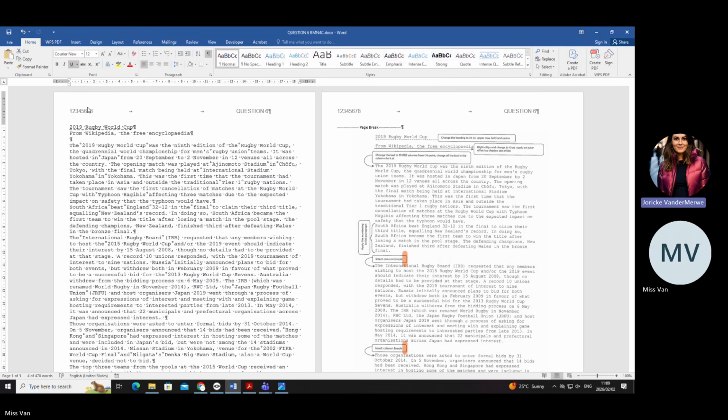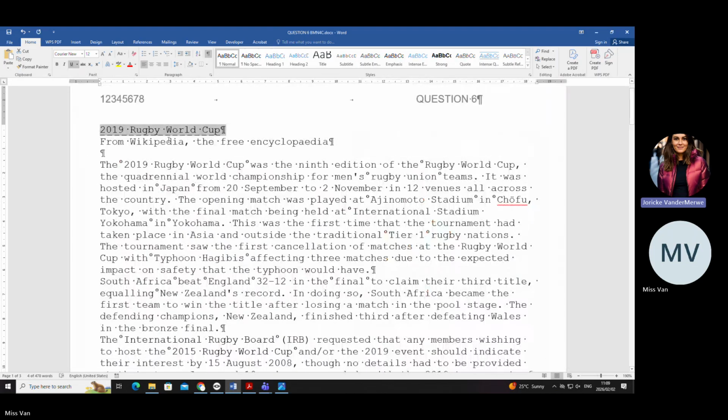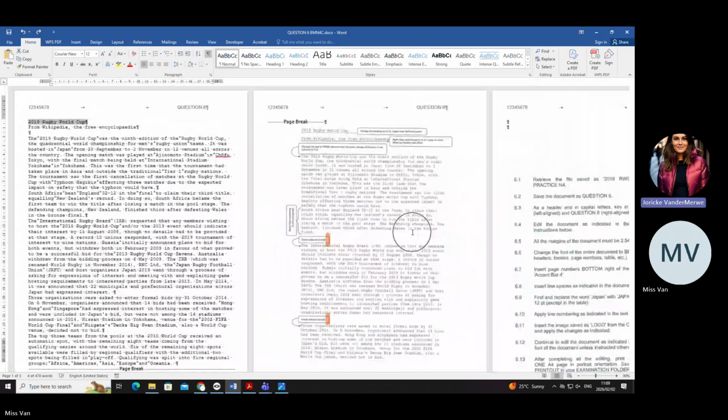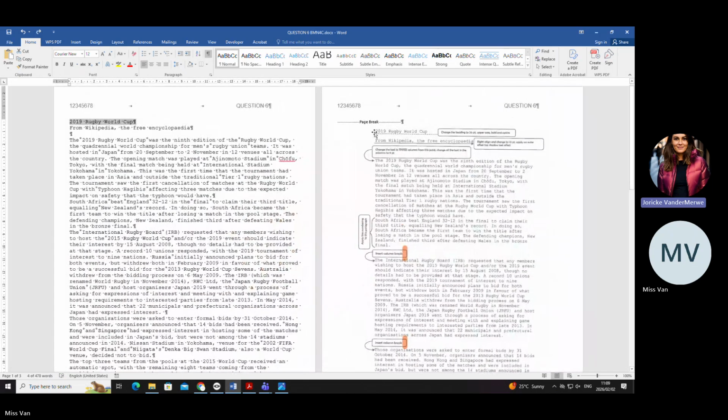You shouldn't be able to do it like this. That's not correct. Are you with me? That dotted line is just there for you to see what they are referring to. In other words, they are telling you that this heading is the heading that they want to be changed.